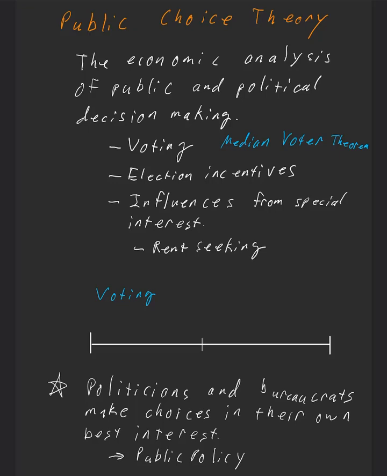There are a few ideas here. The first is that economics has a lot to say about how voting works. In fact, I also teach a public finance class here at West Texas A&M, which will cover voting. Our main economic model is what we call the median voter theorem. The median voter theorem is the idea that when you are dealing with a spectrum of options,